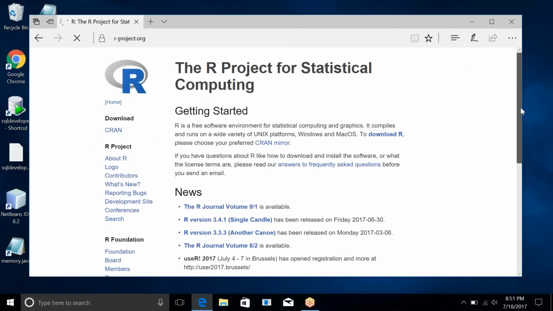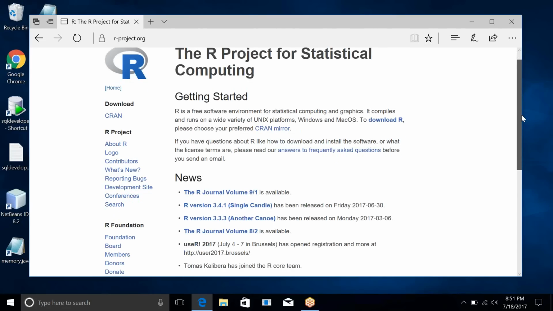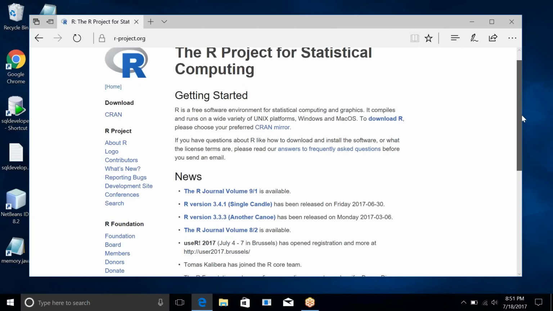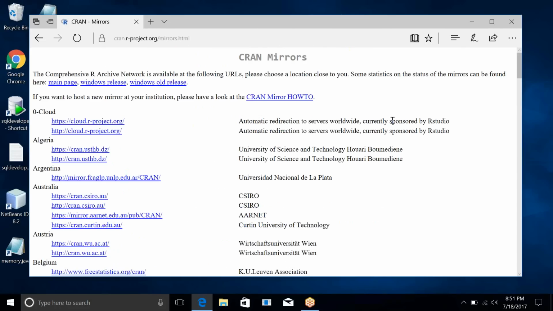Even if you want full documentation about any concept, we have to refer to this left side, where we have all the information, documentation or whatever it is. For now, I want to go here. The Download R option is available. Please click on that. There is a first paragraph, Getting Started: R is a free software environment for statistical computing and graphics. It compiles and runs.